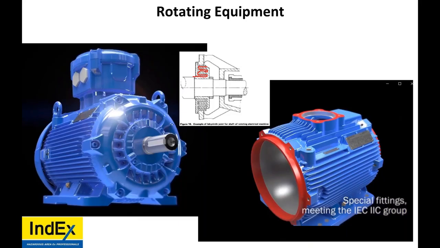Now, rotating equipment. You have multiple flamepath locations. On the right, you have the drive end and non-drive end, plus where the terminal box makes connection with the motor. Once again, on the rotating shaft, you will have labyrinth or other type of design for flamepath, and then the terminal box up here, if it was a pure EXD motor. Now,